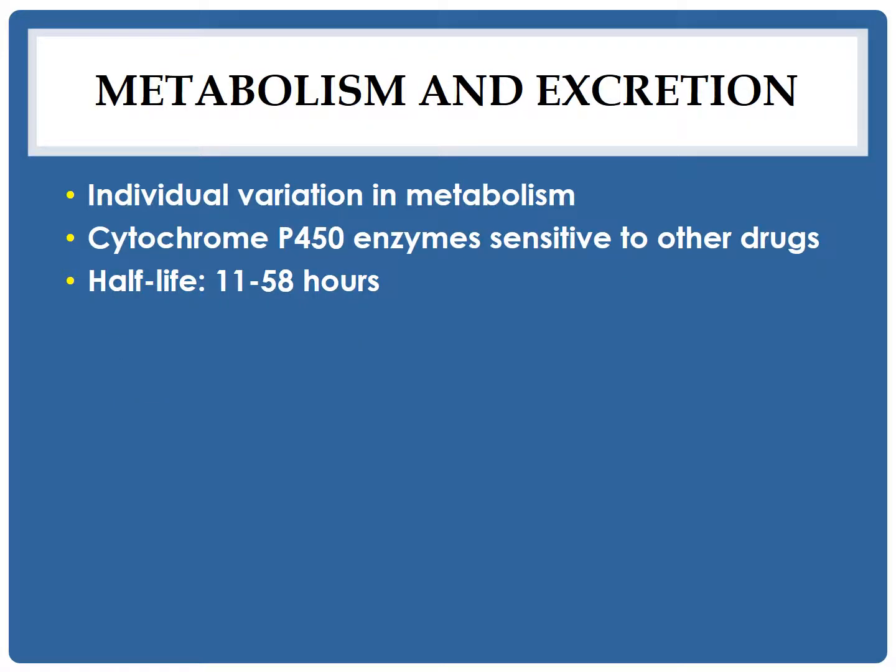There's a lot of variation from person to person in the metabolism of these drugs, so it's a process to find the optimal dose of these drugs. It's trial and error to find the right dose for everybody. For typical antipsychotics, the half-life is on the order of a day or two, 11 to 58 hours. And the book mentions that metabolites can be found in the urine months after treatment with typical drugs. And that's, of course, especially true with the injections that are meant to last for a long time, the depot injections that we were talking about before.